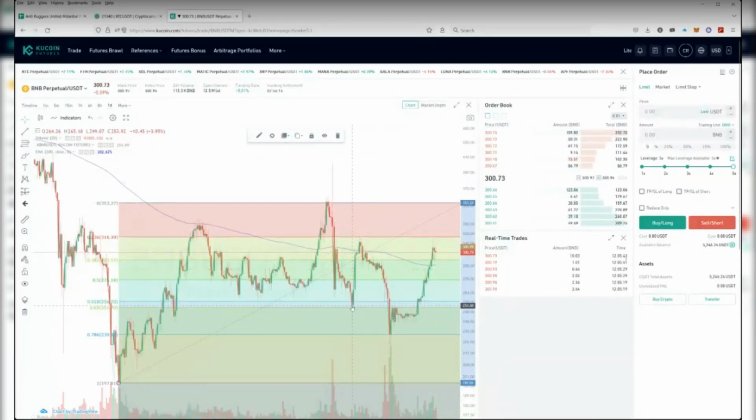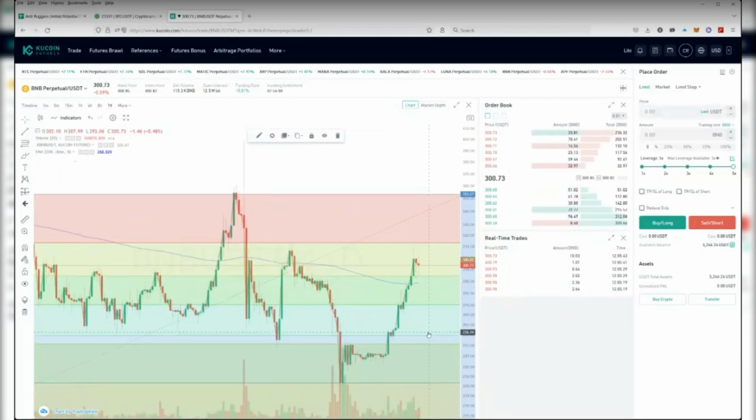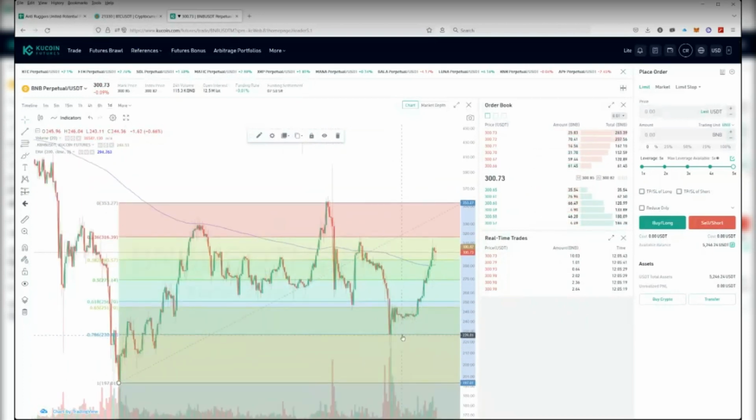This one hit the golden pocket between the 0.61 and 0.65, and it went up, and then it hit this one, and it went up. I tend to ignore wicks a lot of times because they could be scam wicks, like this one right here. So that's how you use Fibonacci. You use it as support and resistance levels to figure out where to buy.